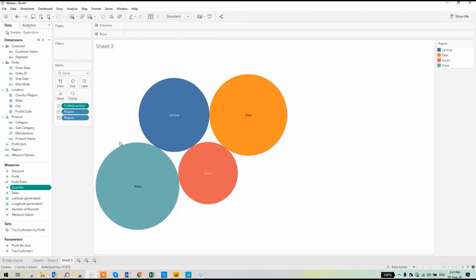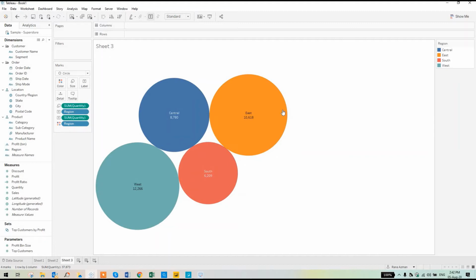Now the sum and the region are there, and as you can see, you can see different types of circles here. So I want to add the data labels also in the circle, so we'll just click on this quantity and drag and drop it on the label over here.